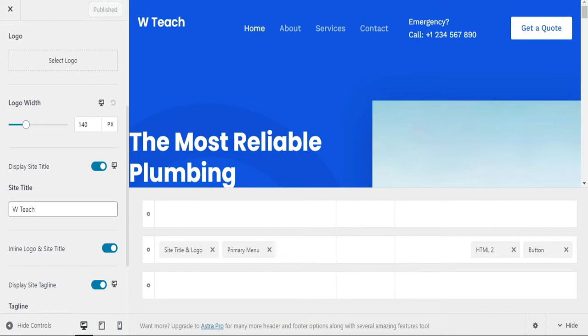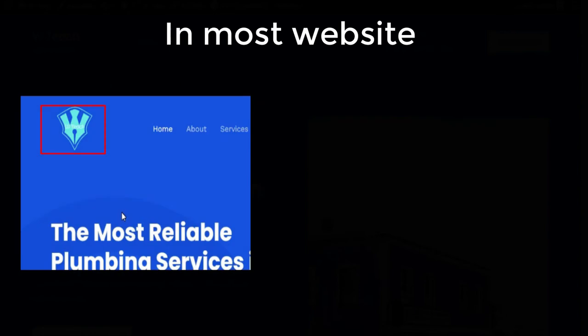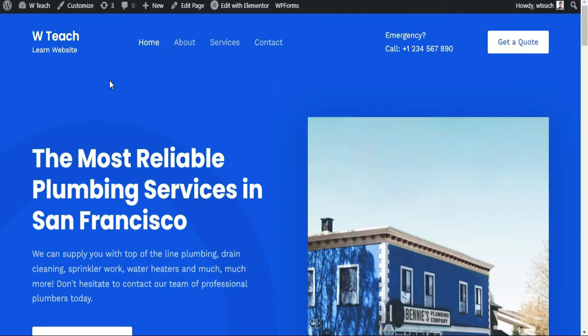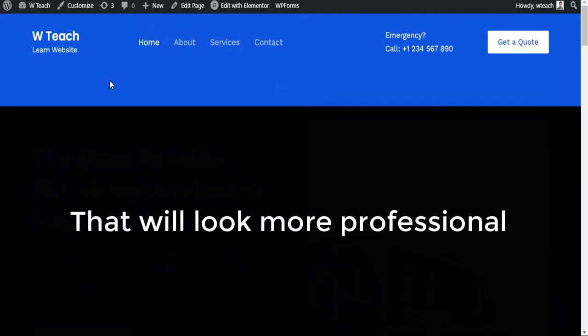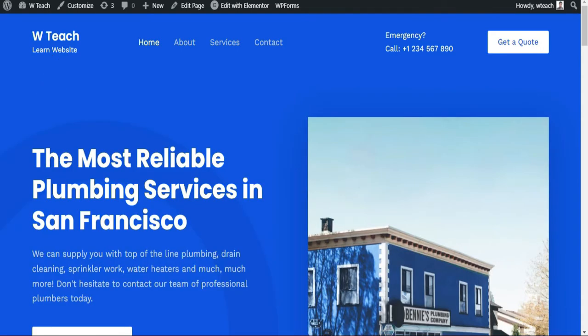Now visit your website. Here you are. The site title and tagline are successfully created. In most websites, they put their own logo instead of the site title. It looks more professional. To do that, set a logo here. Get back there,